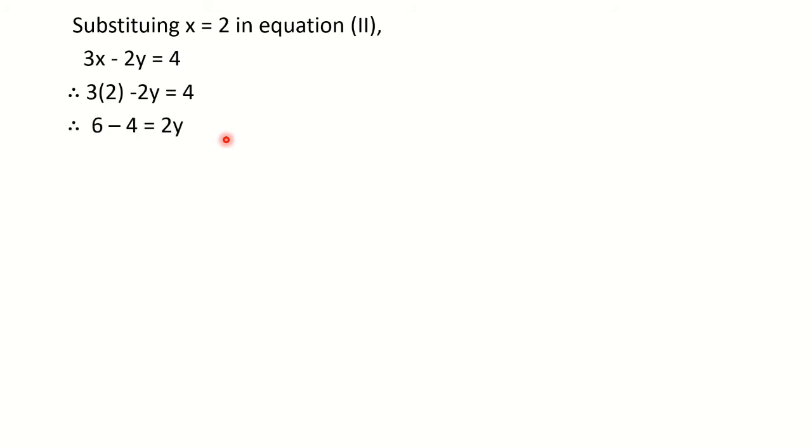Okay. So do the necessary things here according to your convenience. If you are shifting this 6 this side, you are going to get negative answer. Okay. So instead shift this 4 to LHS and this minus 2y to RHS so that you will get positive everywhere. Okay. So 6 minus 4 is equal to 2y. And therefore 2y is equal to 2 we will get, and from that y is equal to 2 divided by 2, that is 1. So value of y is 1. In this way we have obtained the values of both the variables, that is x is equal to 2 and y is equal to 1.